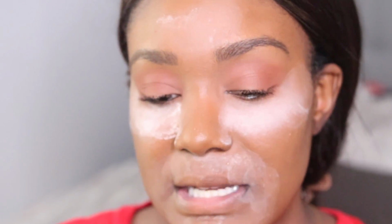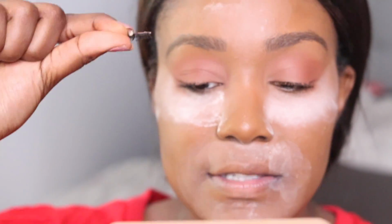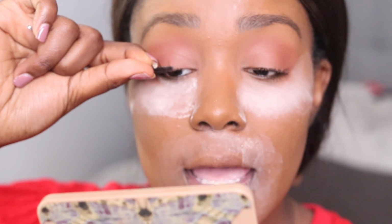Okay, now I'm gonna pop these lashes on. So I usually let the glue sit on for about 15 to 30 seconds. Sometimes I like blow on it if I need to, but it's up to you. And then I go ahead and pop these on my eye. So these ones look like they're going on this eye. Now, I usually never have done half lashes, but I've been obsessed with doing half lashes the last couple of weeks. So I'm gonna pop these on my eye,